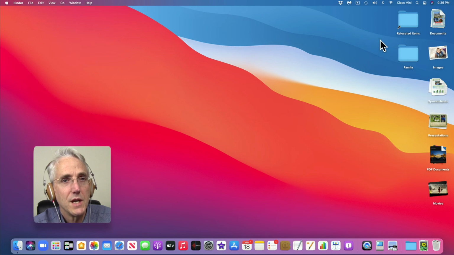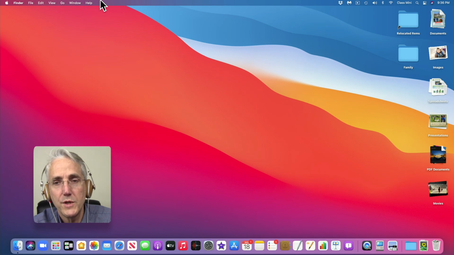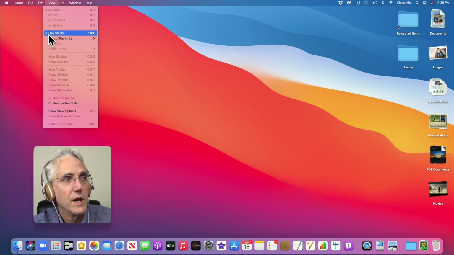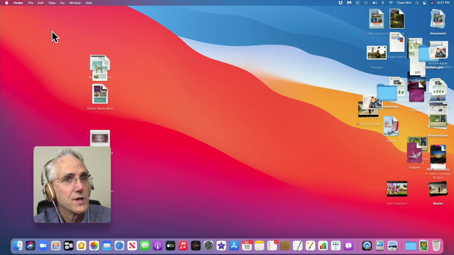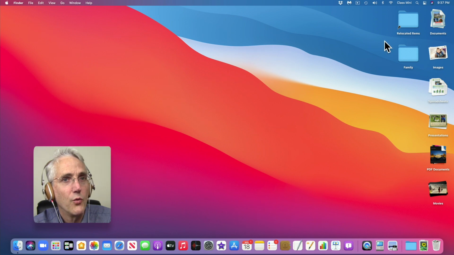So Johnny Appleseed has got some things stored on his desktop. It doesn't look very bad because he's actually using a feature that was introduced a couple of years ago with macOS 10.14 Mojave. And you'll find this feature under the View menu also, and it's called Stacks. So you can see the little check mark in his View menu next to Use Stacks. If I click that, now I'm not using stacks. So you can see it's scattered some things, but clicking Use Stacks puts them back in order of,